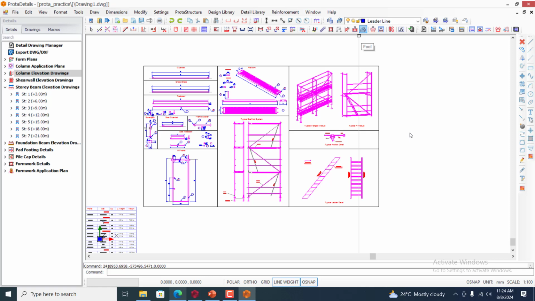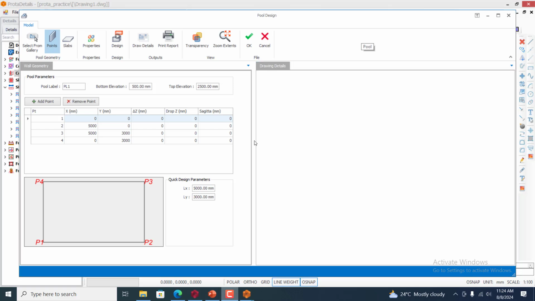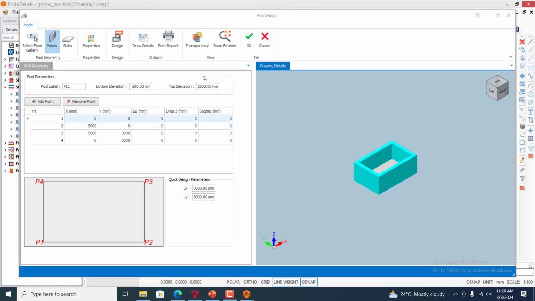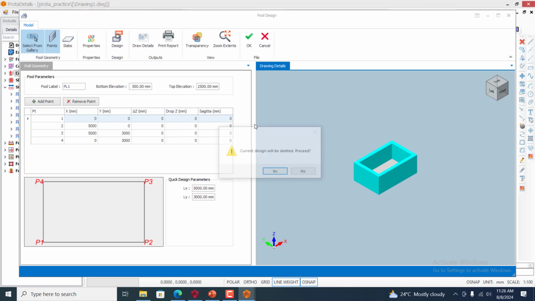You can also do a swimming pool design. You can design your pool. All right, so you can see how your pool looks. The good thing about this is that you have from this gallery an option to choose however the geometry of your pool is going to look like. I think this is one of the most common current design